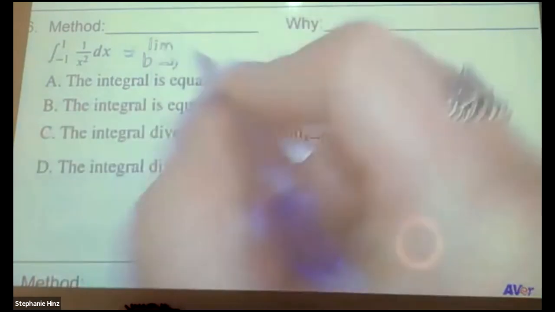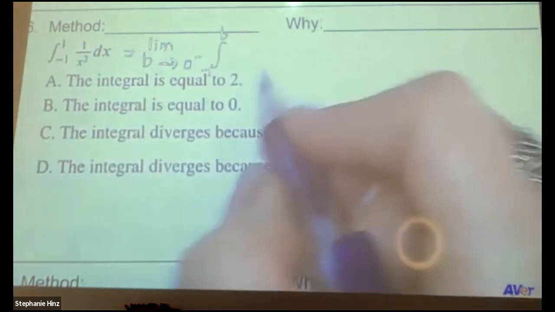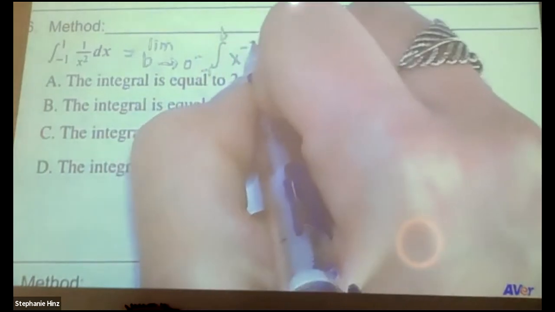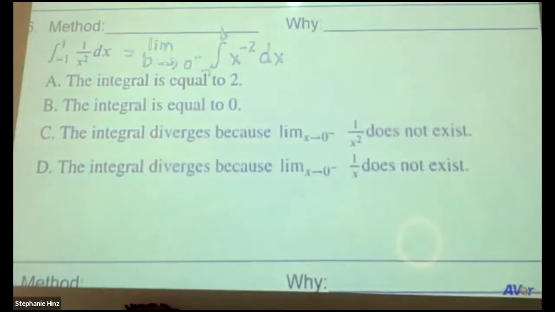So the limit as b approaches 0 from the left, and we're going to go from -1 to b of x to the -2, just rewriting that a little bit to make it easier, dx, plus, so basically I'm using what I call the